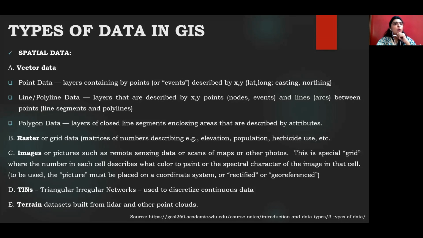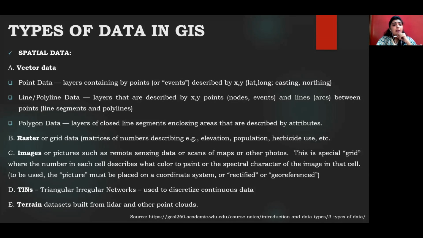And whatever my purpose of the map is, if I want to look into the vegetative areas, the vegetative areas will be depicted by a certain color scheme. Each and every grid on that color scheme will have a unique number, which we call the DN number, which will come up in further discussions, further sessions, where we will see what DN numbers are and how they help us in